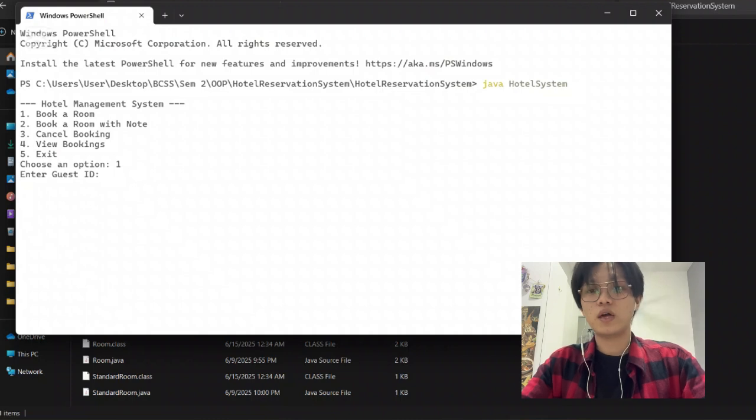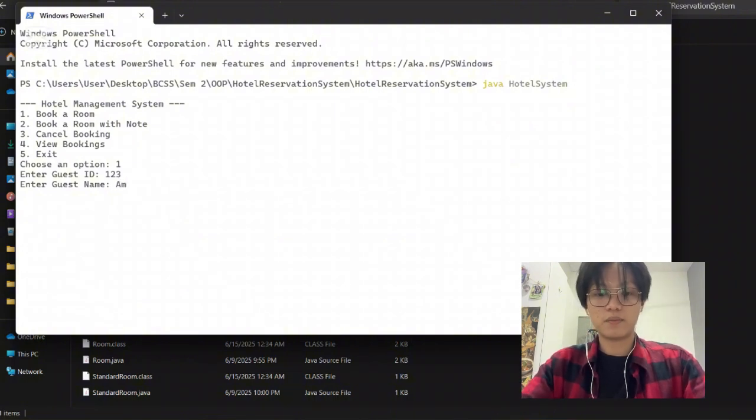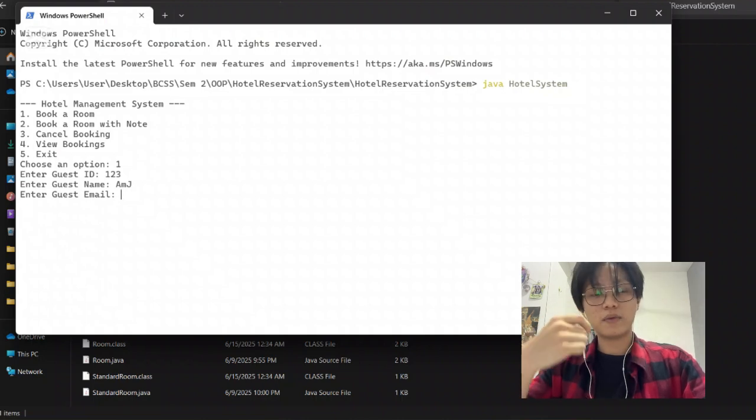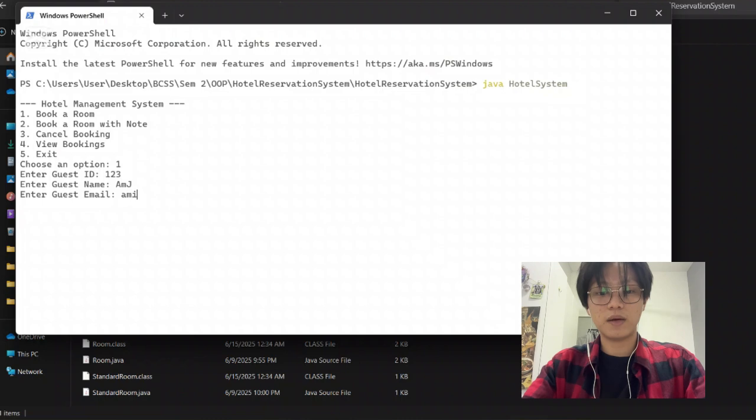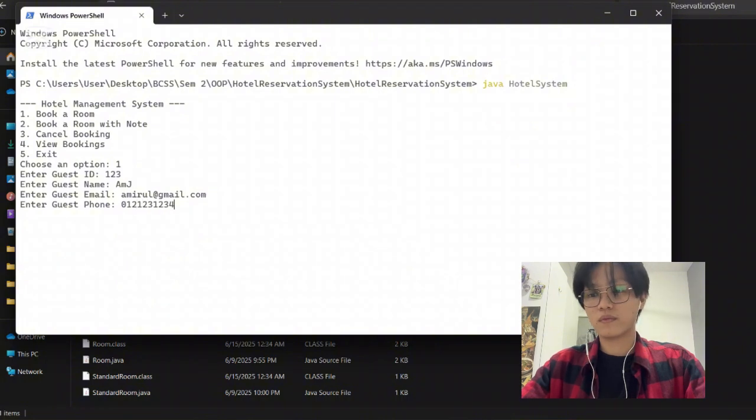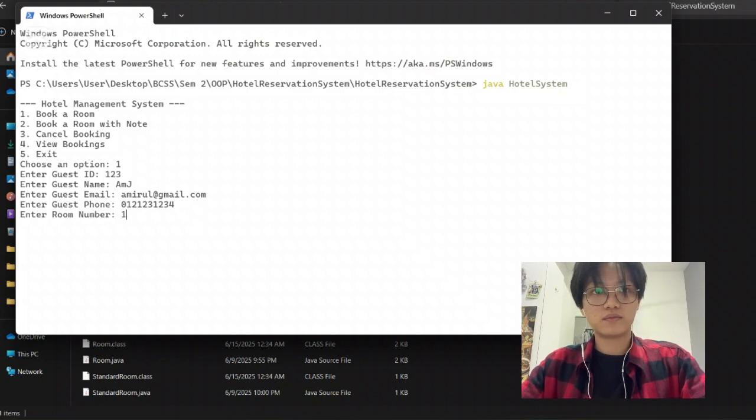So it will ask you to enter guest ID. So I will be putting an example, which is 123, and then I will be putting my name, for example, I am J, and then it will ask me to enter my email, so I'm just gonna put a dummy email. Okay, and then enter my phone number. Alright, and then we can enter our room number there, and then you can also